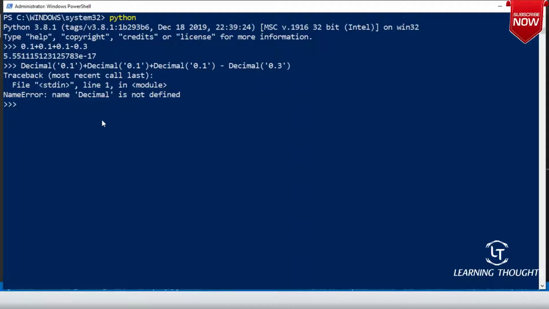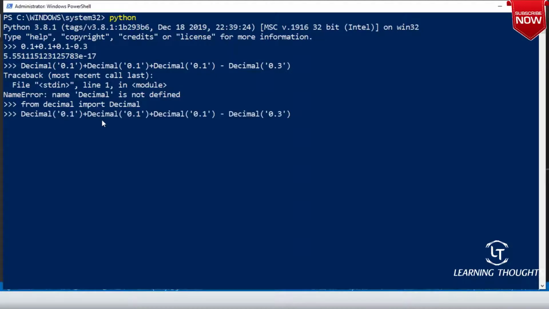Okay, now what has happened? I have to import my superpower, right? From decimal, get me a superpower called decimal. Now are you getting 0.0? Yeah, sorry, syntax mistakes I do a lot of times, sir, because I don't try to remember them. Yes, sir. Now if you want, you can add 0.1 plus 0.10. You can do whatever you want.